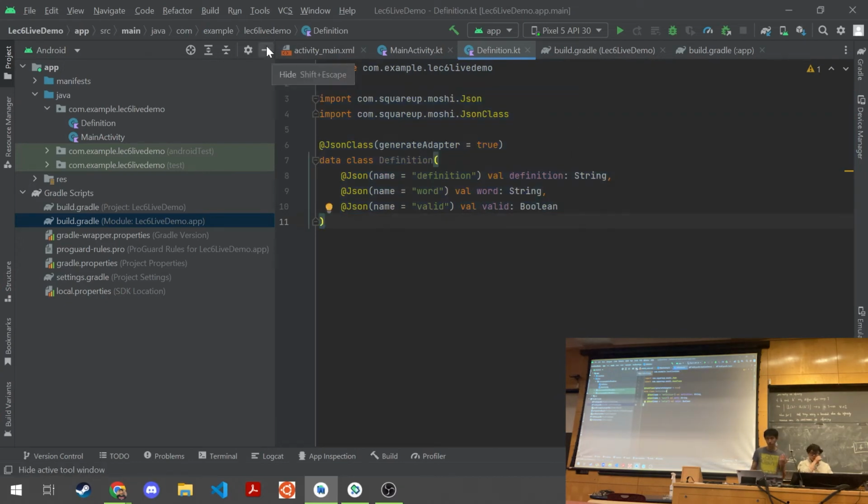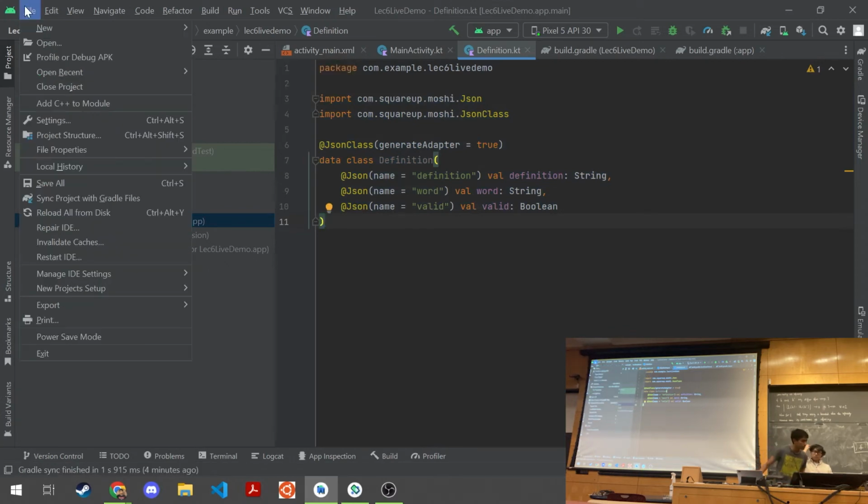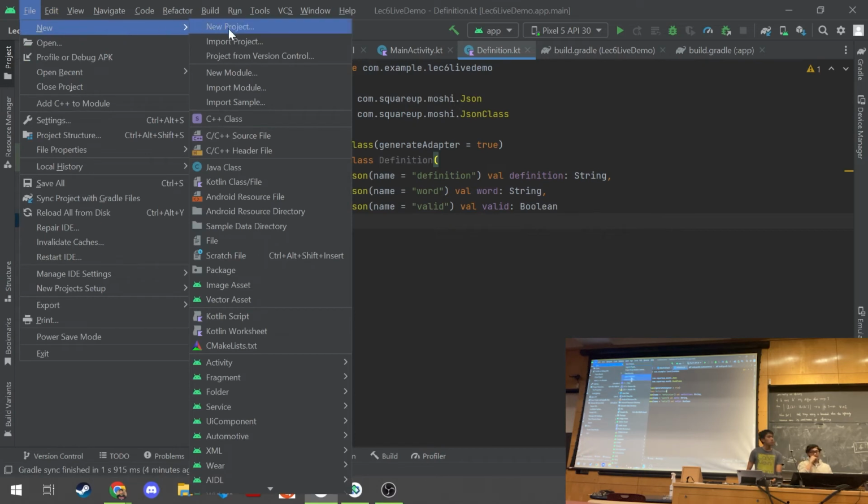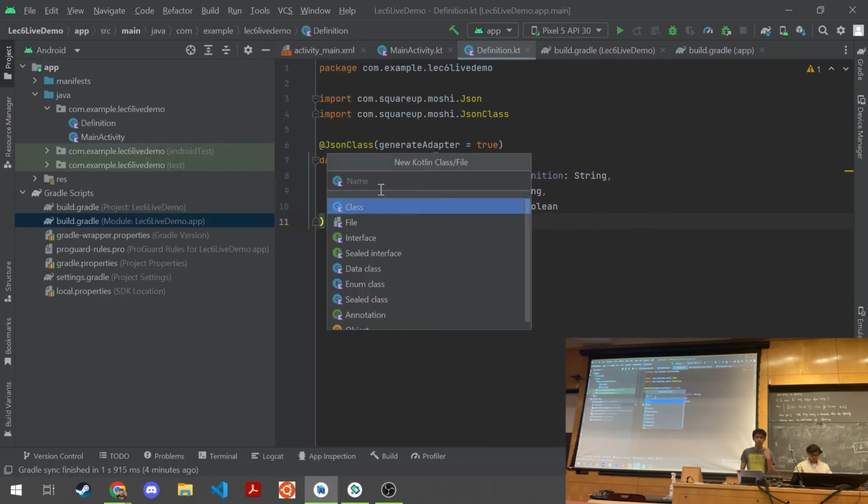Now we have to actually make our requests with OkHttp. So let me make another class. Okay, got it on the first try this time. Kotlin class. And just like how you saw in your homework 5, or maybe are seeing in your homework 5, they had a getPicture function which made an API call with OkHttp and took in a callback function that would allow you to do stuff once you've got your request.